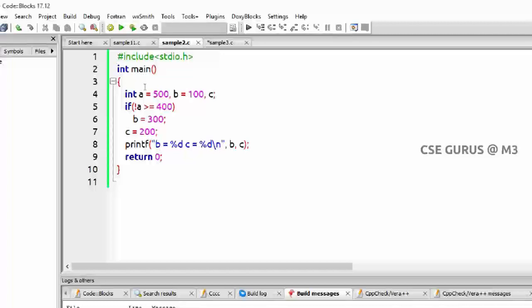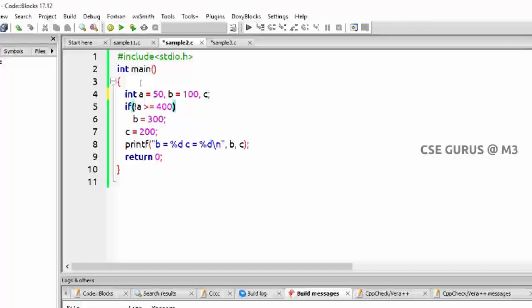So see, if a equals 500, if I take the comparison first, 500 is greater than or equals 400, it is true. For the true, not means false, so directly it won't change this one, right? So this is the one thing we can take. Anyway, even not a also, if we take, anyway it goes to the false part. Let me take here a equals to 50. 50 is greater than 400, false. Then not of false is true, then b value will become true if I take like this.